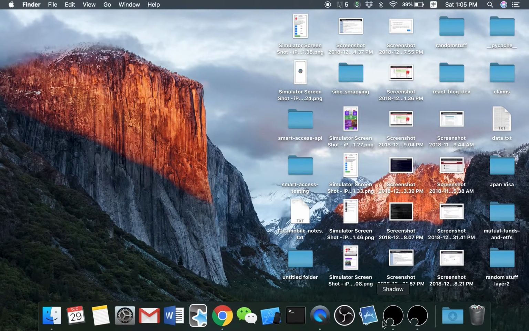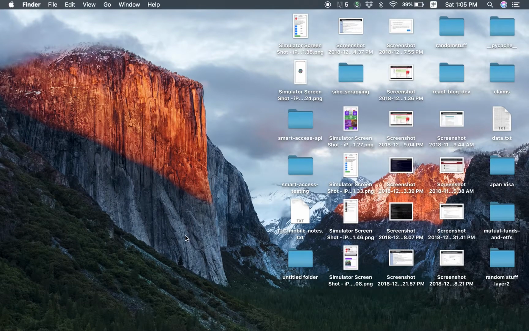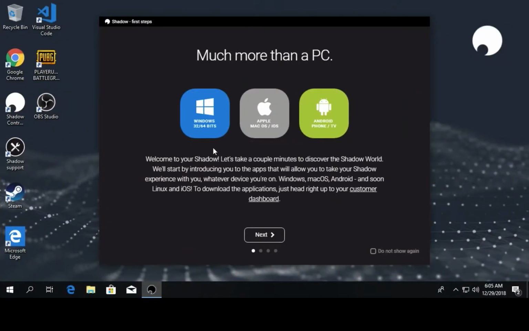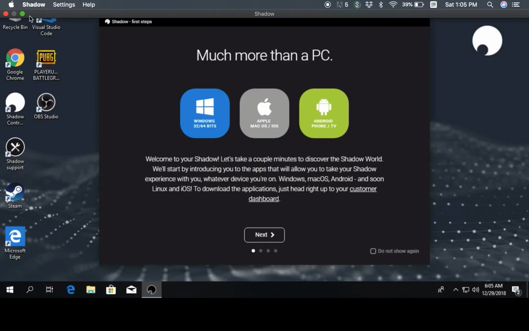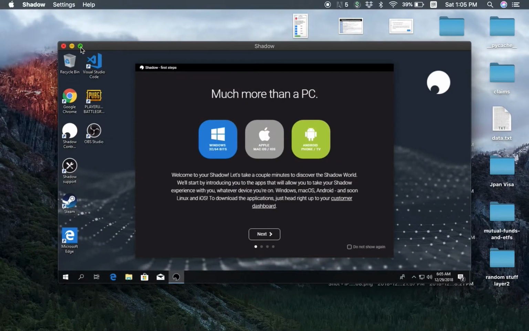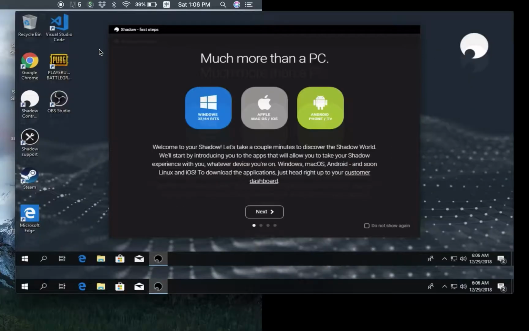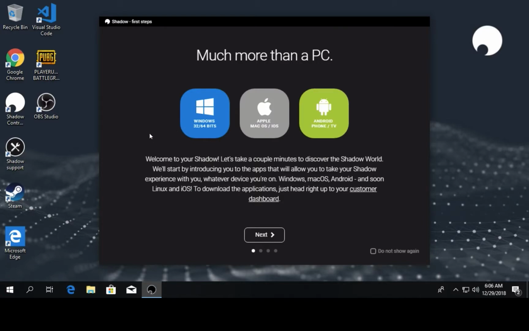All you need to do is download Shadow's software and subscribe to their services. Then you will have a little window pop up that gives you full control of an actual Windows desktop